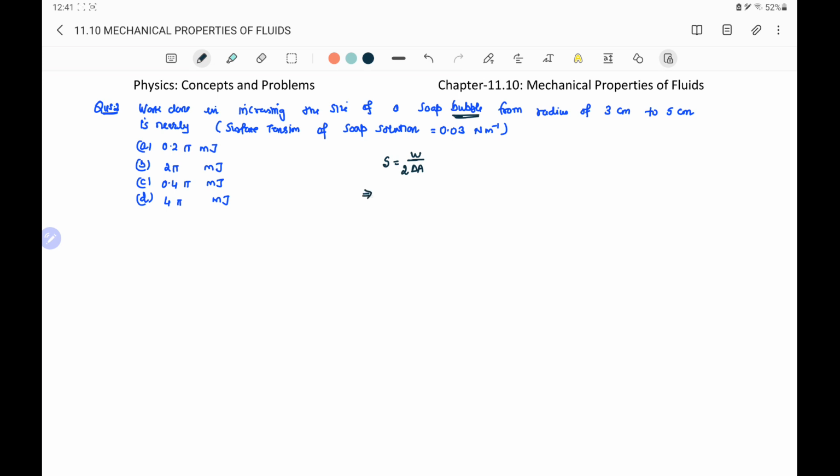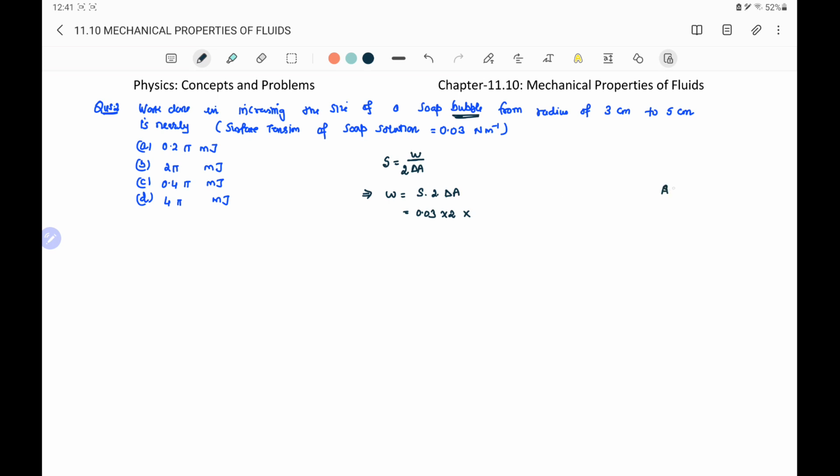This implies that work done which we have to calculate is S into 2 into delta A, and surface tension is given 0.03 Newton per meter multiplied by 2 because of the two surfaces of the soap bubble for liquid air, multiplied by the change in surface area, which will be equal to